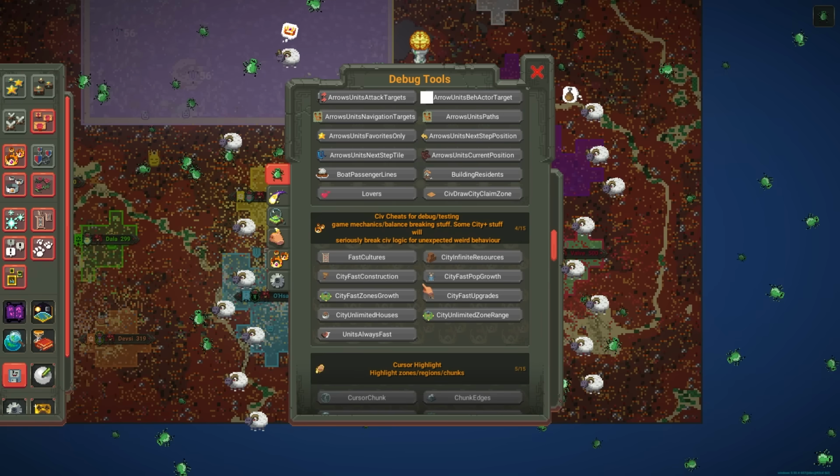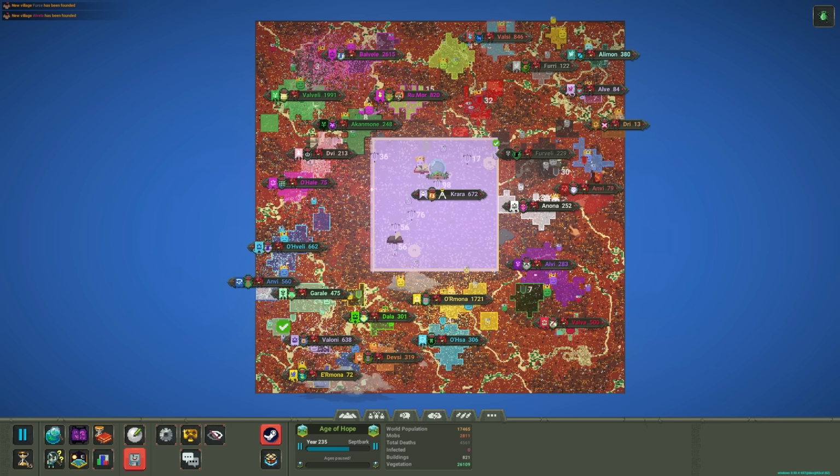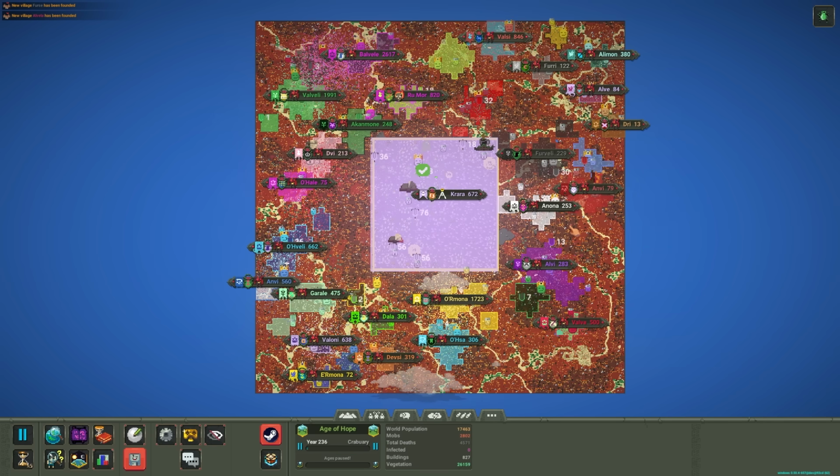By the way, I did turn off all the infinite resources and everything, just in case you guys are wondering. We don't want the demons to be super OP. Okay, well, I'm gonna go and fast forward again. I want the demons to actually get some